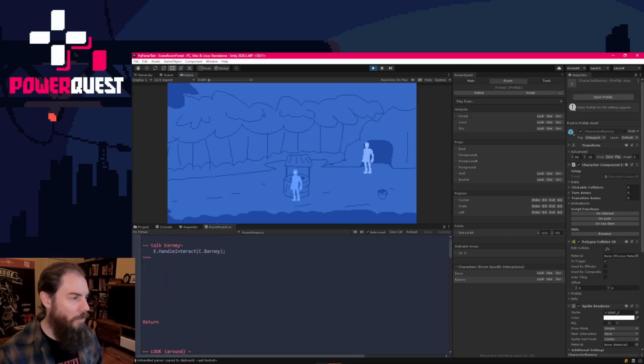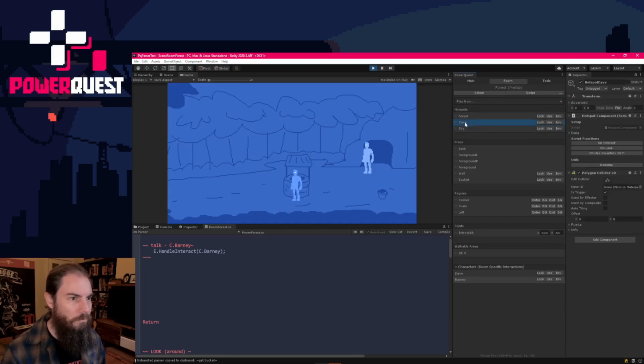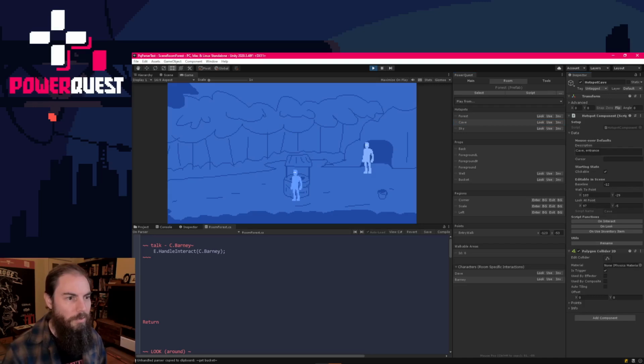To make that work better, so it knows what we've actually interacted with, instead of talking to Barney, just using the word Barney here, I can put a talk and then a dash, and then the name of the object in PowerQuest. So if it was a hotspot, it'd be h.cave, for a character, c.barney. That will also look at the character's description to get their name for use by the parser. And that can be comma separated as well, so it can have extra options. So for example, cave here is cave, comma, entrance. That means if I look at the cave,